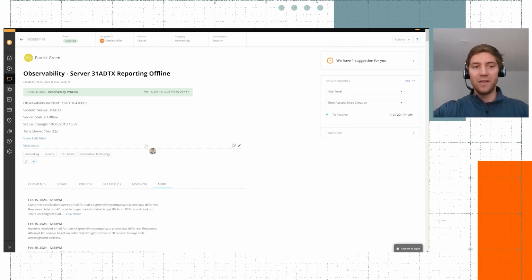And I know in this example, there were a lot of steps we had to take to make sure that we restored this server. You can build these run books to be as simple as escalate to the tier 3 team and wipe your hands clean. Or again, in this case, as complex as, hey, here's the 20 different things we have to do to make sure that we meet all the requirements to get this server back online.